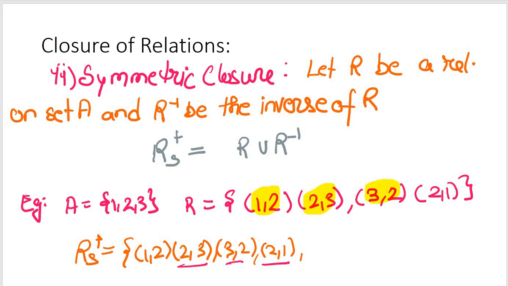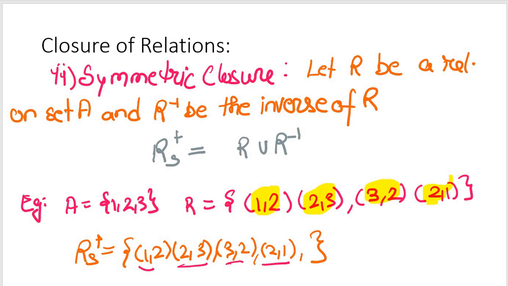For this particular thing, I don't need to add 2 comma 1, so I'm getting 1 comma 2. That means for this I have something like this. So eventually the example which I took is covering everything, so I don't have to worry about this. That means here my reflexive closure is equivalent to the relation R. This is just by chance, right? This is just by the random example which I took, or else we could have brought some changes, so that would have given us a different flavor.